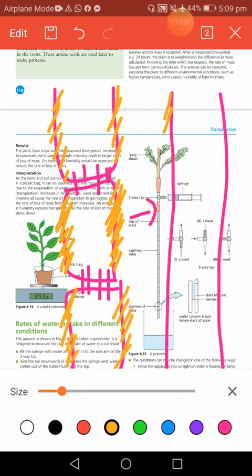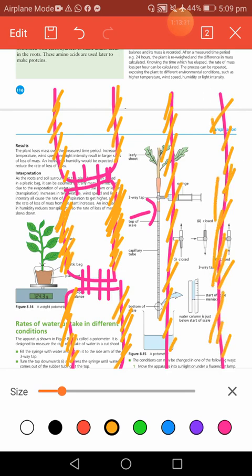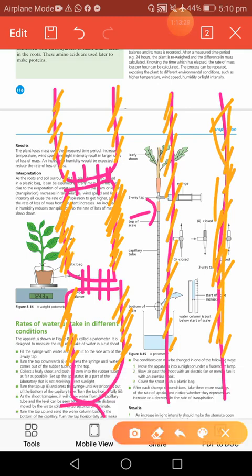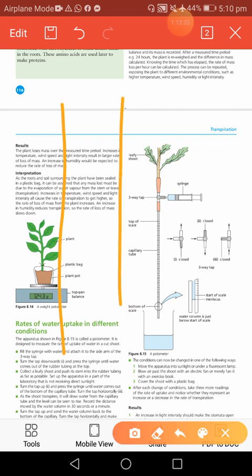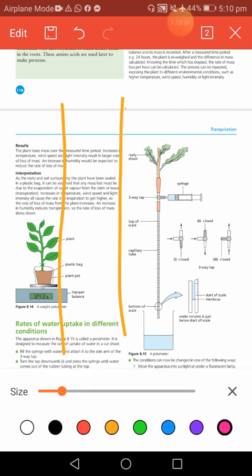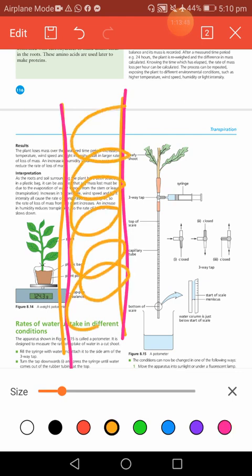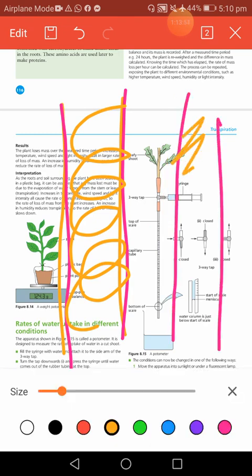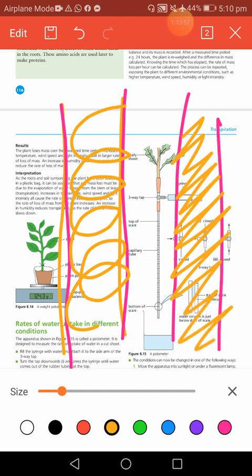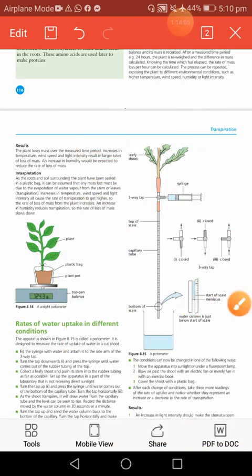Okay, just wait. So, this is the long tube, this is the root, this is the leaf. So, if water is lost from the leaf, then this water pulls the water molecules just behind it, and this water will pull the water molecule just behind it, and this water will pull the water molecules from the roots below it. So, this is how the water is absorbed due to transpiration, which is the main factor of water